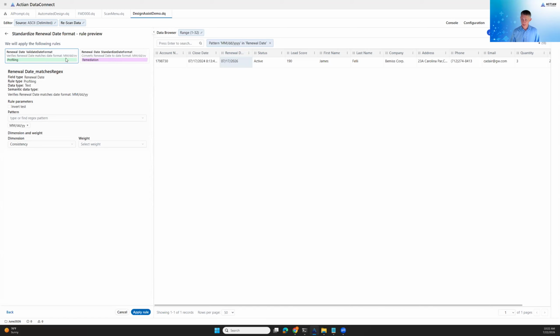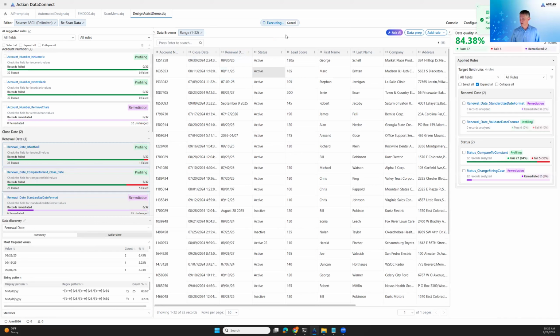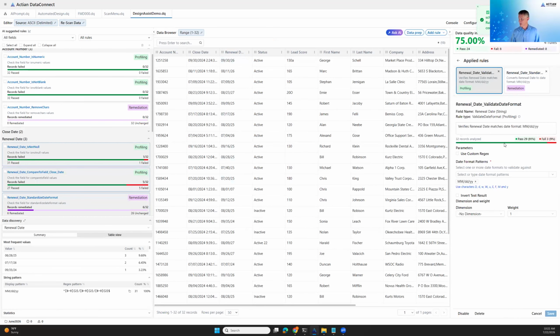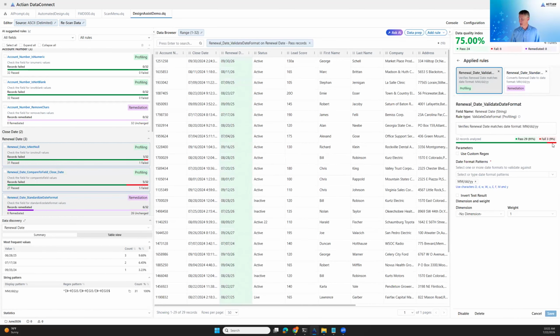But just by clicking on these tiles, I can see how the rule is going to be configured. In this case, the remediation rule is going to convert all these different date formats to this format. All I have to do is hit apply rule. Again, our engine will fire. I can see that my rules have been added, and now I can drill down and validate how they behaved